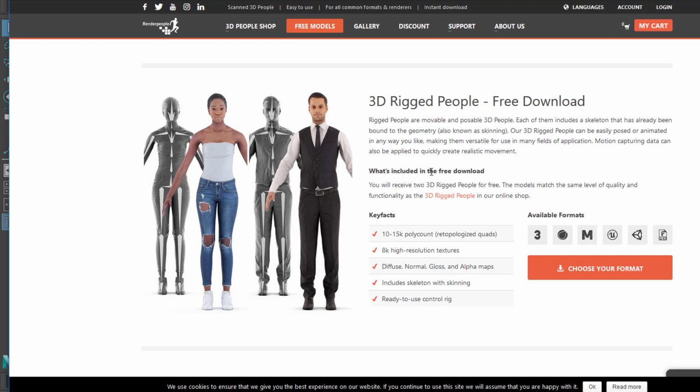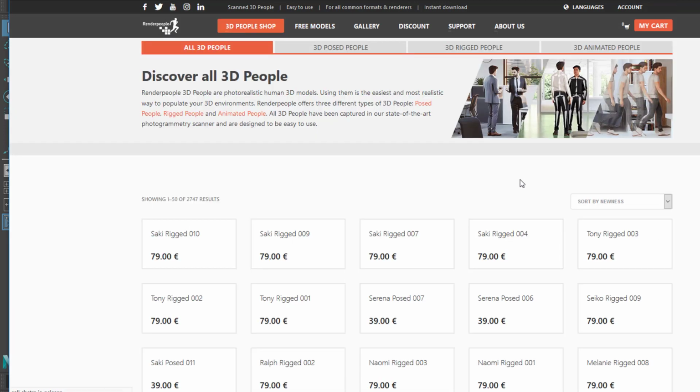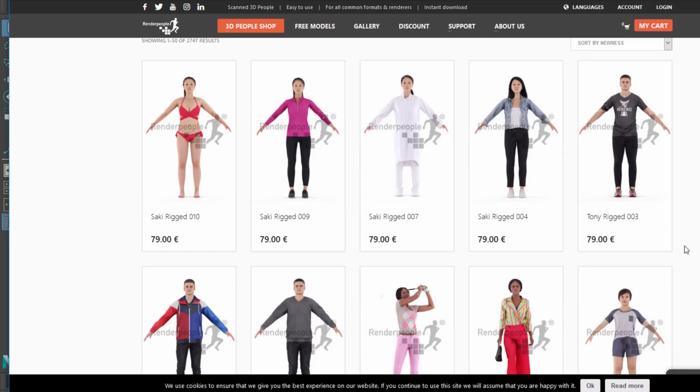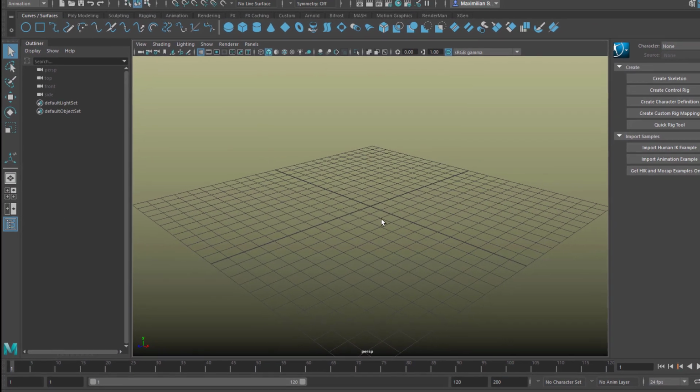I just live around the corner, I guess, from them. They have a free section here, and they have lots of other things which you can purchase here. But the free section contains 3D rigged people with nice textures for all kinds of formats in Maya, etc. So I downloaded one or two or three, and I'm going to import them into Maya now,